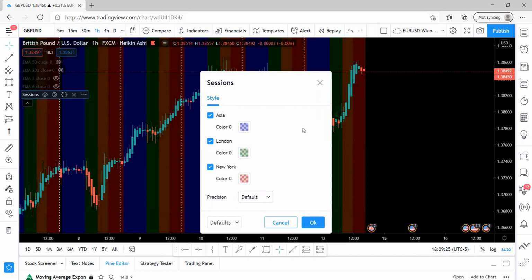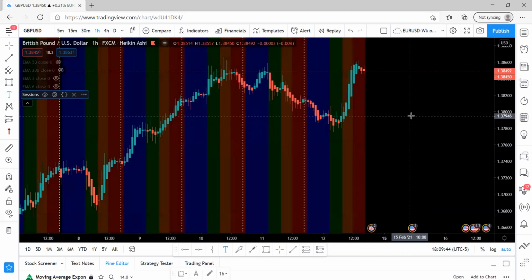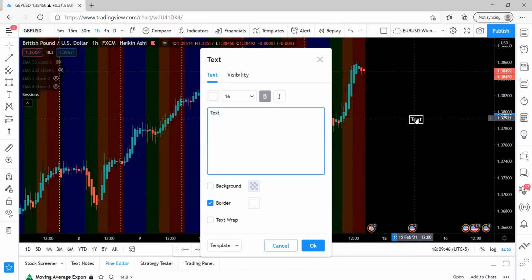So the next thing I do is I also make a kind of color-coded key, for lack of better words, on my chart so that I know which color represents what. So Asia is blue, London is green, and New York is red. So I'm going to go ahead and take my text box and add that text in there. So Asia is blue,